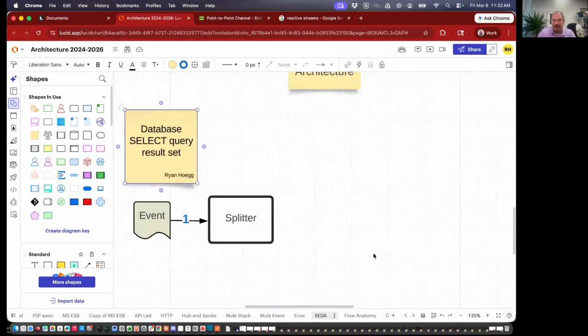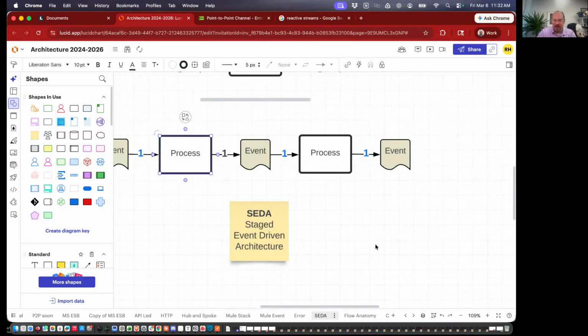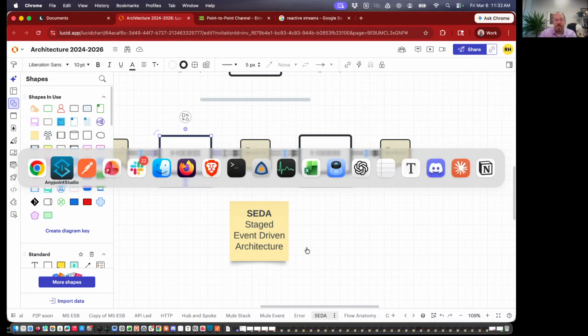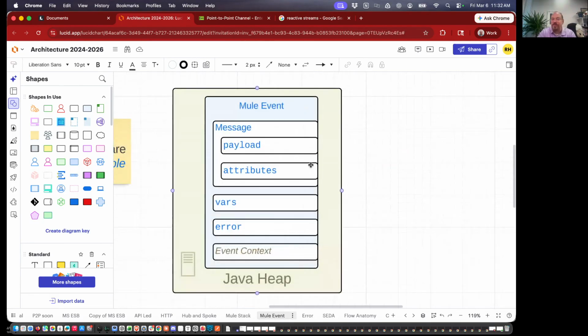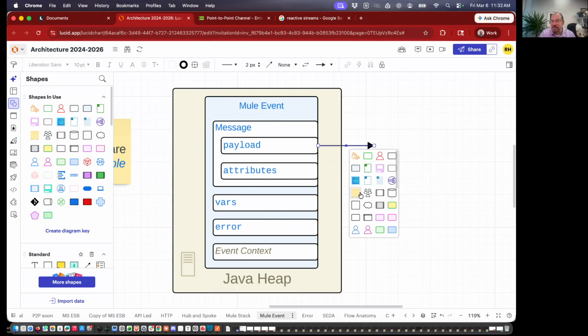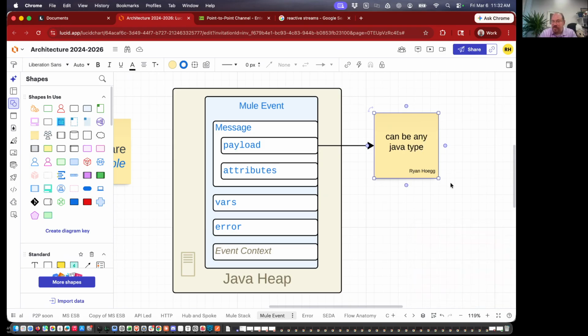Here, let me get rid of all this stuff. These are my old diagrams I use. No, there's not a size limit. So let me answer that question a little more deeply than that. The Mule event has a payload, right? This payload can be any Java type, right? And when you do a database query, the type you get is